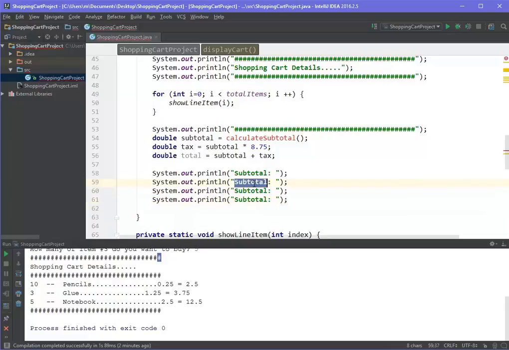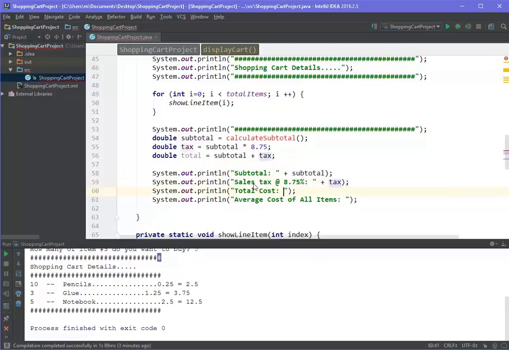And this is going to be sales tax at 8.75%, and this is going to be total cost and average cost of all items. So the subtotal here will be plus subtotal,